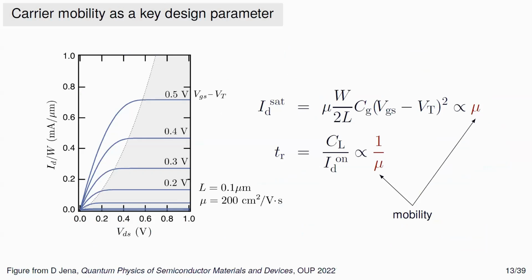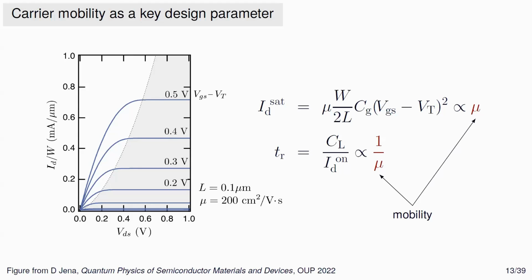So just to now talk a little bit about figures of merit. What people would like to do is to make these things faster and to make them consume less energy. So there are many, many design criteria, and designing these things is a whole art, and there are people specializing for decades on this. So I just want to oversimplify it and just say that this plateau here, the saturation current, apart from many, many details, is directly proportional to a single materials parameter that is called the carrier mobility.